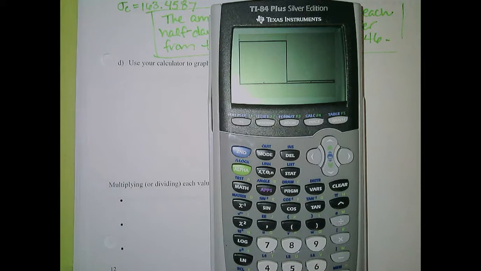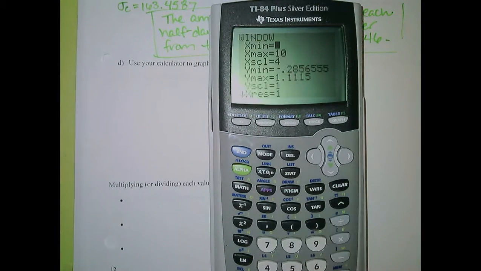Now, if you press zoom 9, you're not going to get a very good histogram. What we want is a bar for each of those possible outcomes. So I went to my window. I changed my X-min to just below my minimum. My minimum was 2, so I'm going to start at 1. My X max, I'm going to go just above my maximum. My maximum is 6, so we'll go to 7. Each of those differ by 1, so my X scale is going to be 1, so each bar represents a